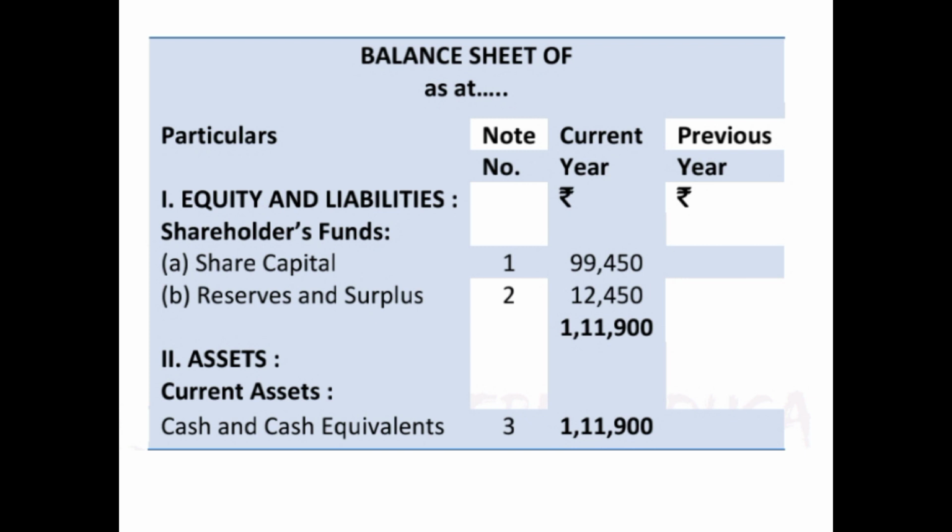Why are we showing 9,900? Because out of 10,000 shares, 400 were forfeited, but ultimately 300 were reissued. So ultimately there are 9,900 shares which are subscribed and fully paid. And to this you will add the share forfeiture balance 450, which we have calculated in working note number 6. Then under the category reserve and surplus, you will write two reserves: securities premium reserve of 11,100, including the premium at the time of issue and the reissue, and capital reserve of 1,350. So this is the question.